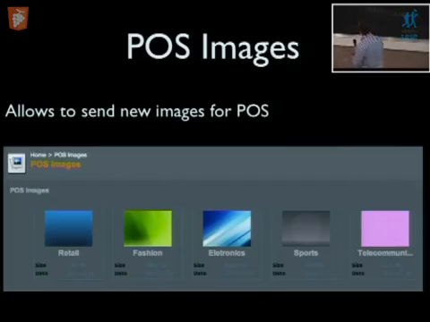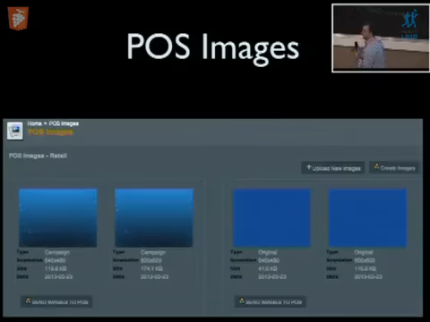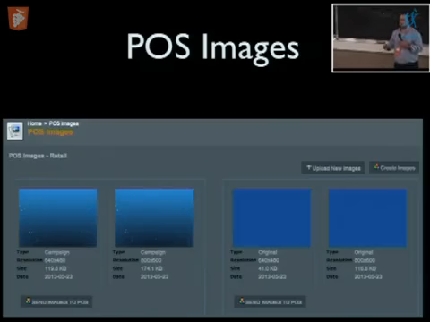So right now you have two types of image. One is for each chain, and inside each chain you have two kinds of image. One is for campaign, and one is the original, which is what is supposed to be on the point of sale. For each type, you have two kinds of resolution depending on the POS version and POS hardware. Some hardware's maximum resolution is only this.